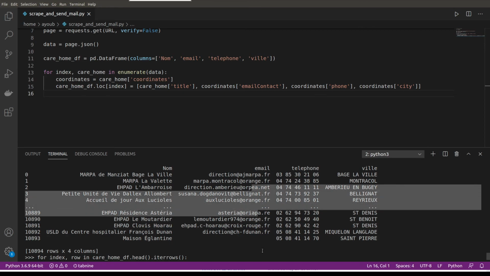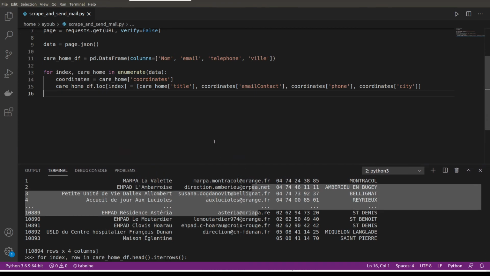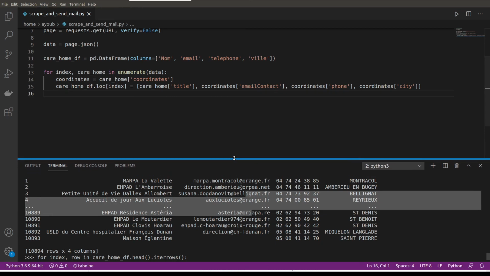So if you have just a plain HTML page with emails inside, you can use Beautiful Soup or Scrapy to scrape or crawl the page and make it into a readable format. If you want me to make a tutorial for that,